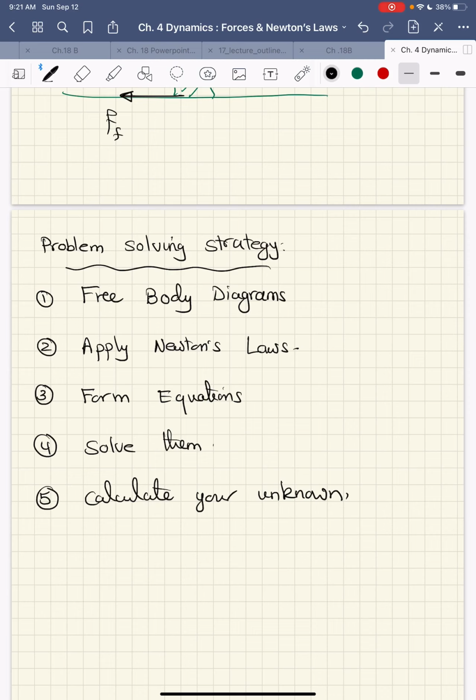When I say solve them, you might have something like two simultaneous equations, or maybe three equations. You're going to solve them together. Okay, and I will show you in a little bit how we are going to start talking about Newton's first law, and then moving to Newton's second law